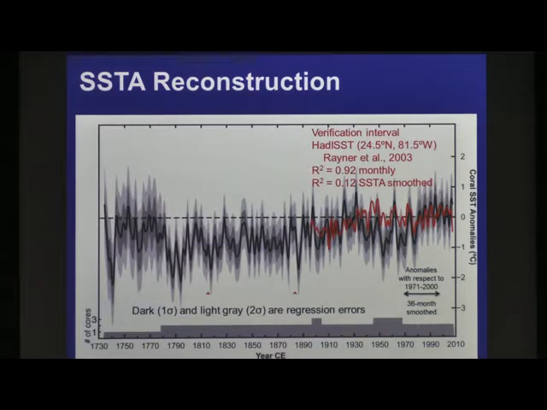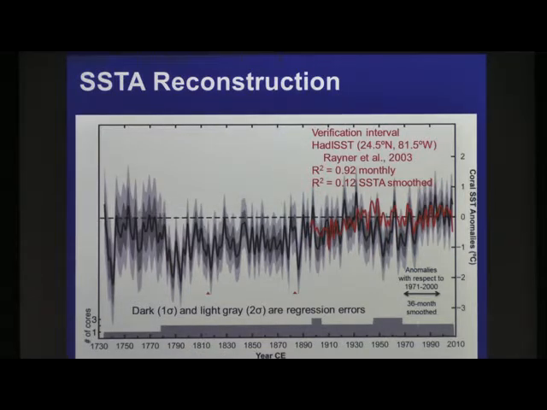When we compare that to our coral reconstruction, you'll see our R squared for monthly is high, 0.92, but if we look at monthly anomalies, it's quite low, 0.12. If we look at the record from 1970 on, there's good agreement, but as we move back further in time, we have this cold interval here in the 50s and 70s that the Hadley data set does not pick up, and then there's a warm interval the coral doesn't show. So back here, all of this just doesn't agree as we expect.